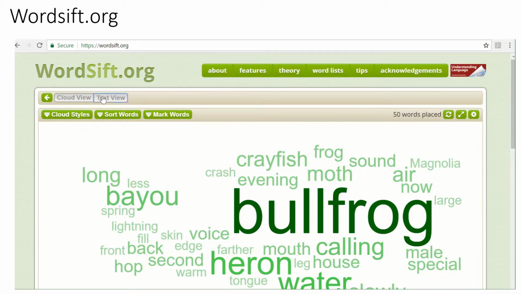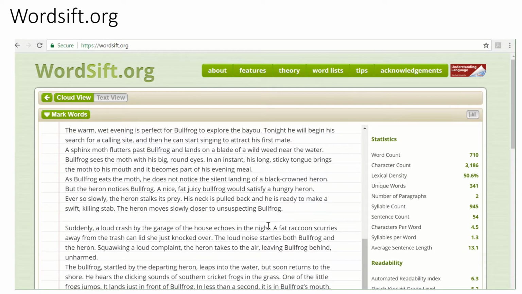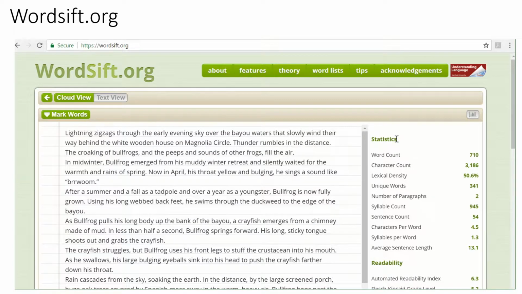Let's look at the text view. As you can see, here it is, just in the text. And on this side, the program gives you some statistics. There's 710 words. Lexical density is about 50%, so this is a pretty dense text. Remember I said academic text has a higher ratio of content words over total words. So this text is already at 50% density. That's pretty high for the 3rd grade. Average sentence length is about 13.1